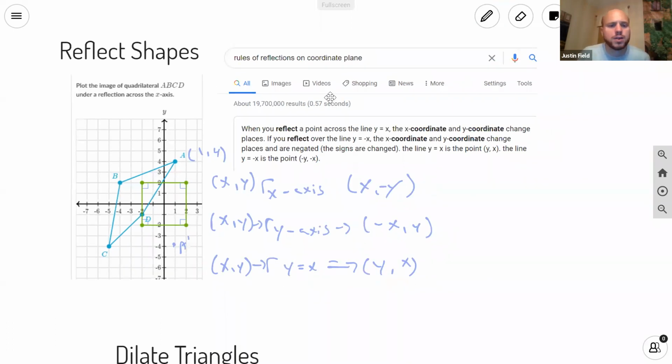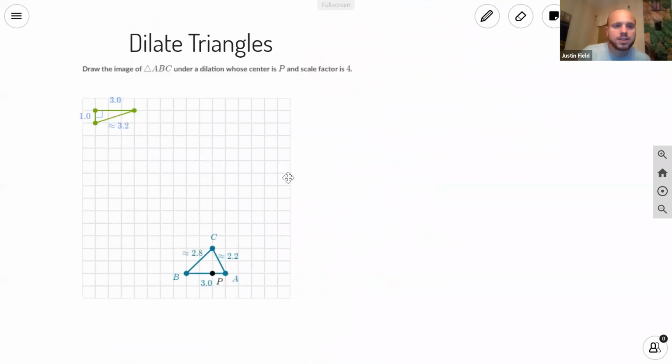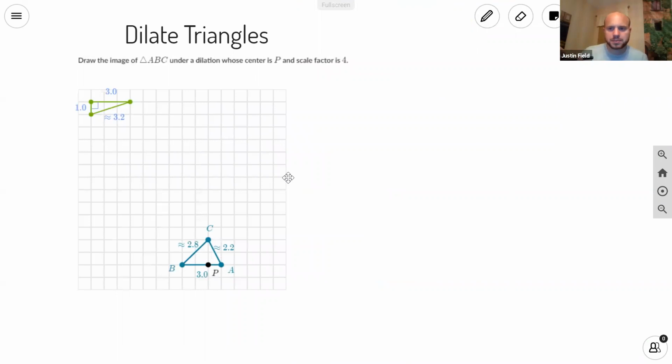You can ask any questions if you have any. Now the last assignment is about dilating triangles. Traditionally, students get low scores on the dilating triangles assignment. So let's look at it here. When we dilate, we have a center, so dilations. You identify your center,